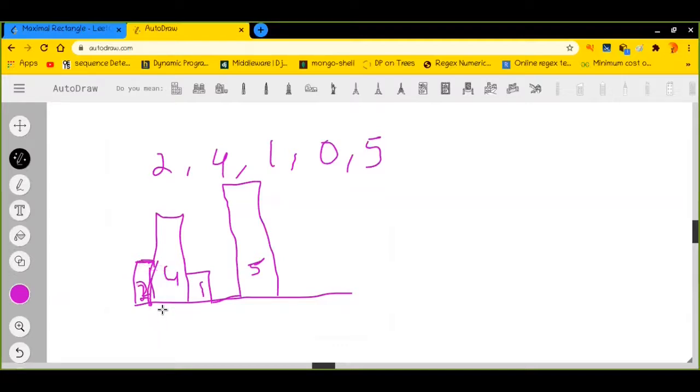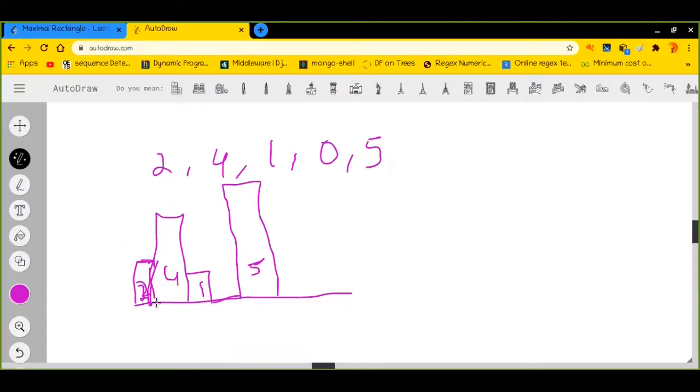So basically what I did is I found the next smaller element. Till that point, the range will lie. For example, 2 has the next smaller element 1, right? So till this point it has its range, and we can find out the area out of it respectively.